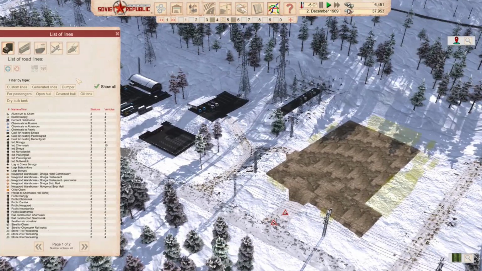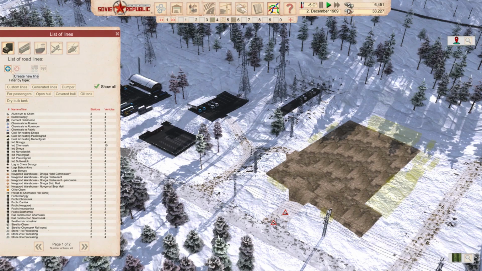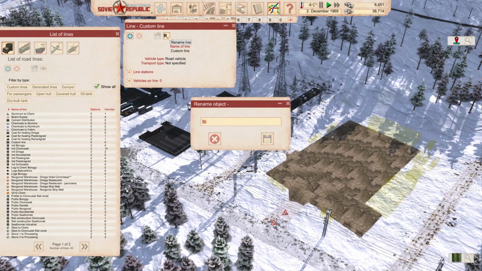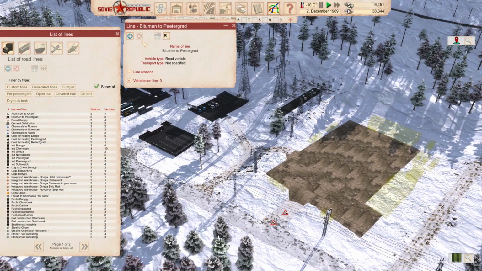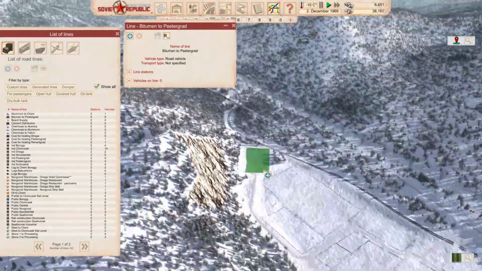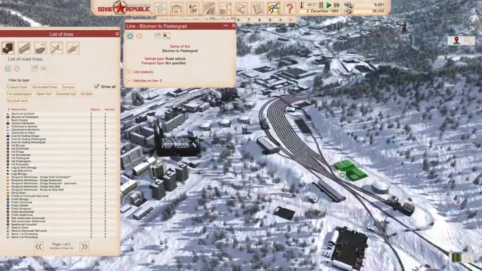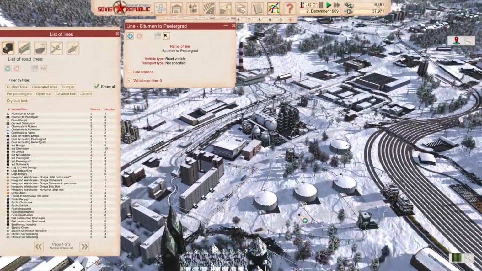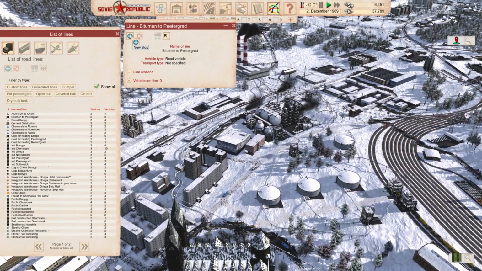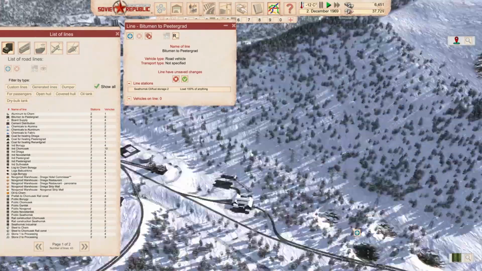Okay, so we have to create a line, name it bitumen to Petersgrad. There we go. Bitumen to Petersgrad, and we're gonna go and say that bitumen needs to be delivered here. This is not complicated. Bitumen is just right here. Oh, which one are you again? The last one. Of course you are. The last one here is bitumen, and then...